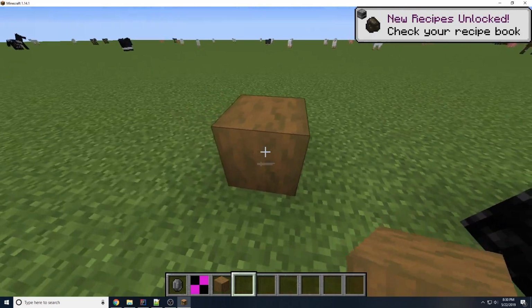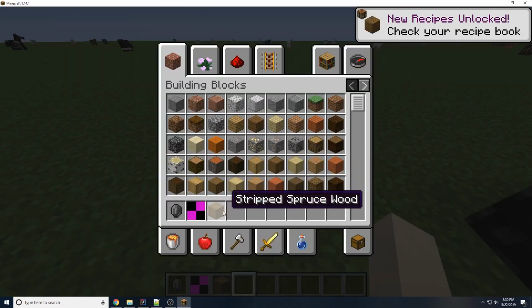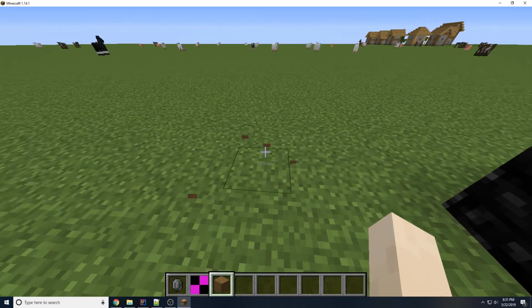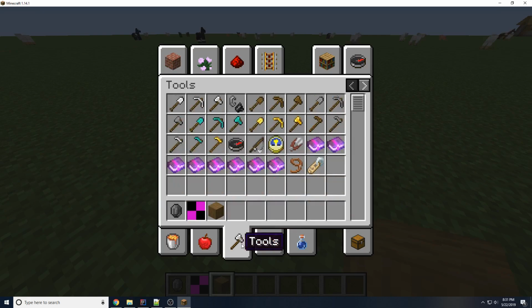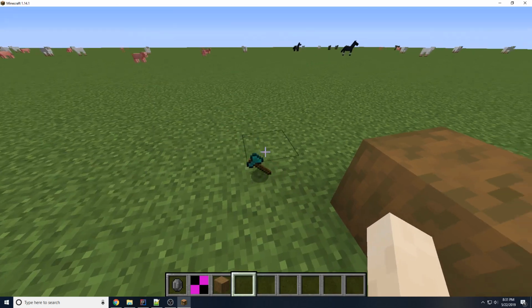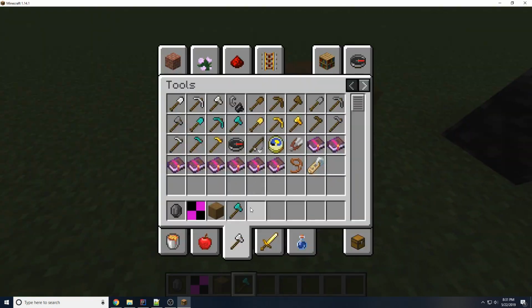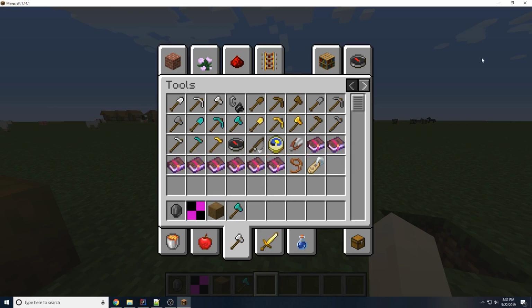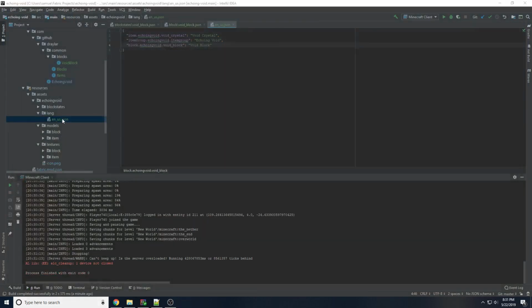So the next question we have is, how do we get an item model to look like a block in the inventory? Of course, it's a block, so it looks like a block. First is an axe, so it looks like an axe. It's not 3D in the inventory, it's just flat. What we need to do for that is, translation worked. We're going to add a